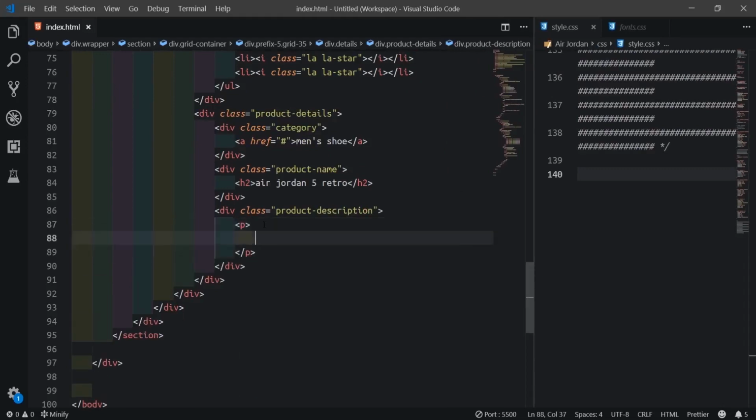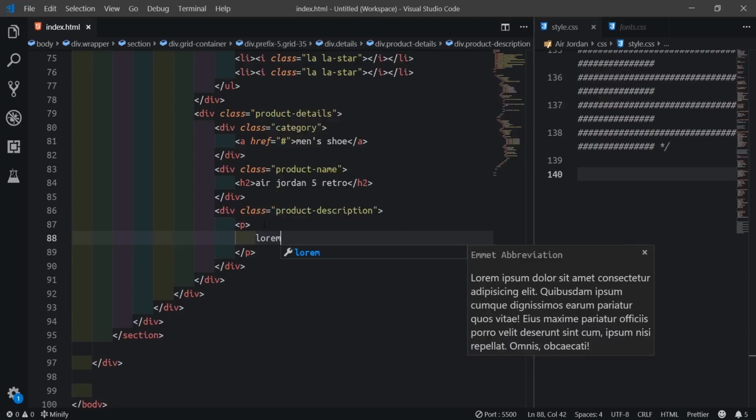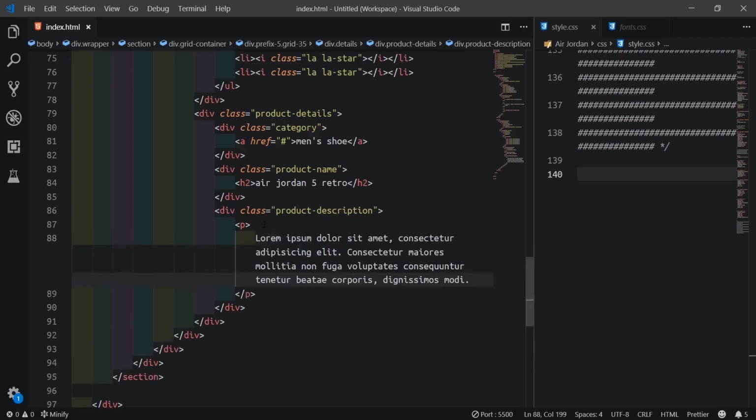For the description, we'll use a paragraph tag and just say lorem. How many words will we put here? I'll just do lorem 20, so 20 words.